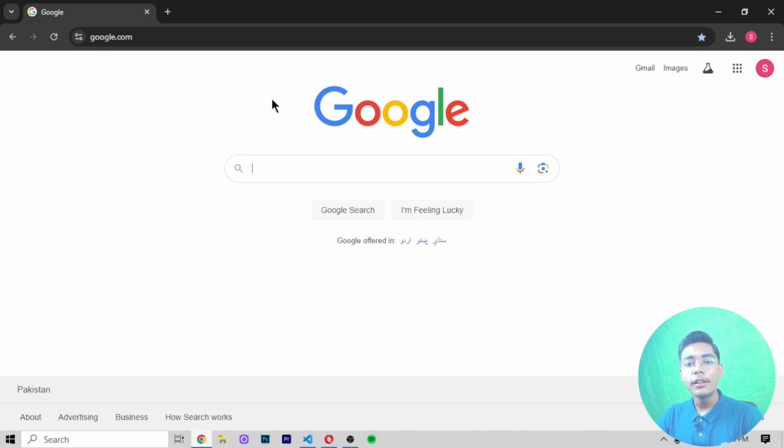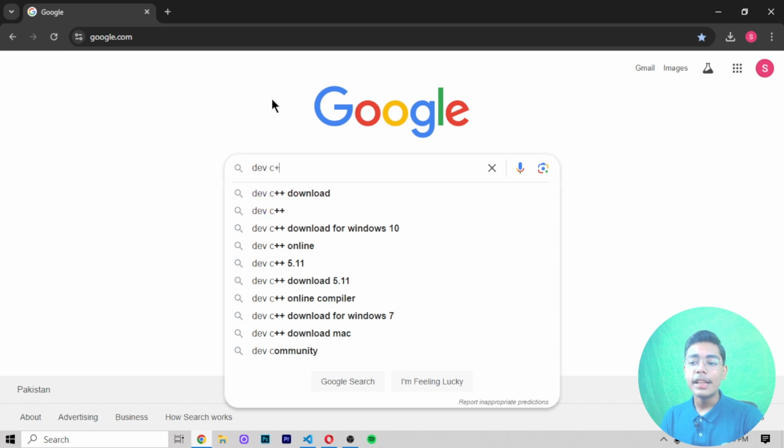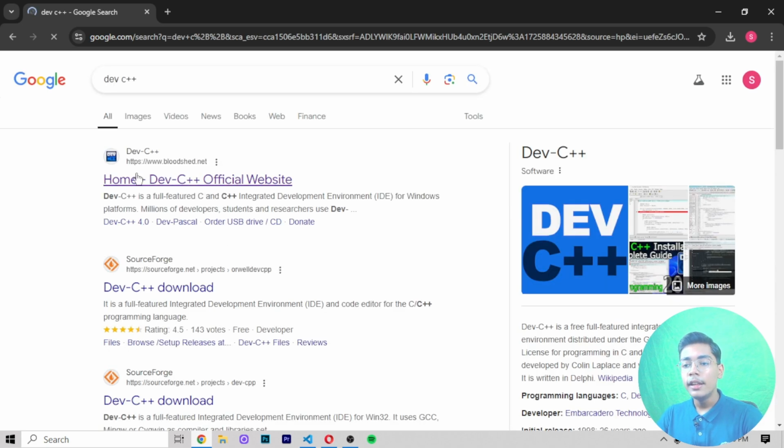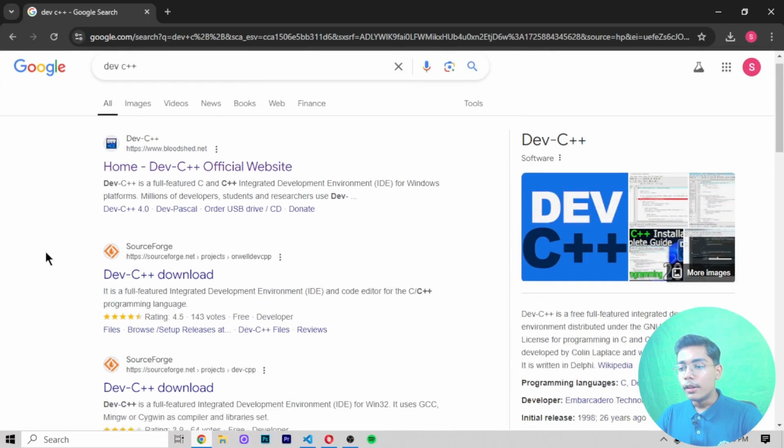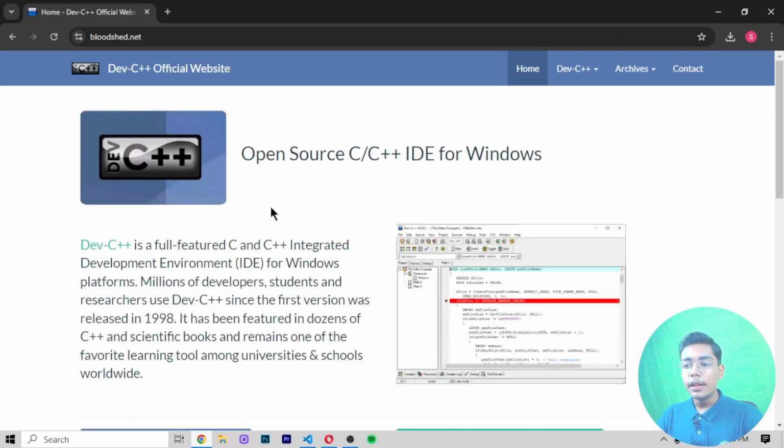You can download any text editor made for C++, and you can use that to work on C++. There are many text editors you can use. For C++, I think the best is Dev C++, and I think you should also install this Dev C++ text editor on your operating system so you can start working with C++. Not only C++, you can also use C in that, and different other languages like C#, HTML, CSS, all these languages plus programming and coding, you can use in this text editor. Now we will be installing this text editor, but I will not be using it in this video. You can use it if you want, because I think for C++ this editor is best to use.